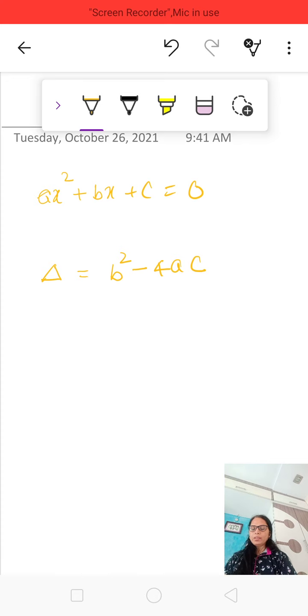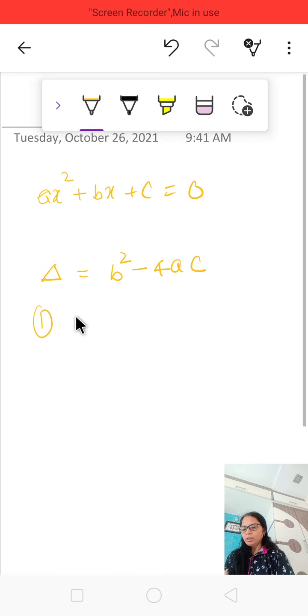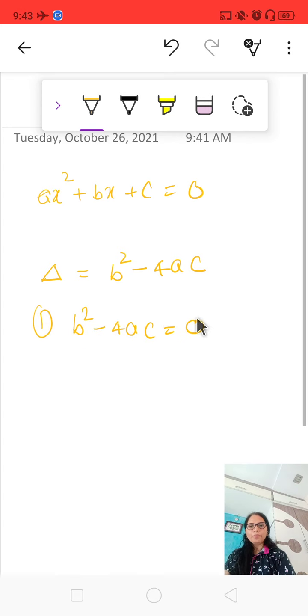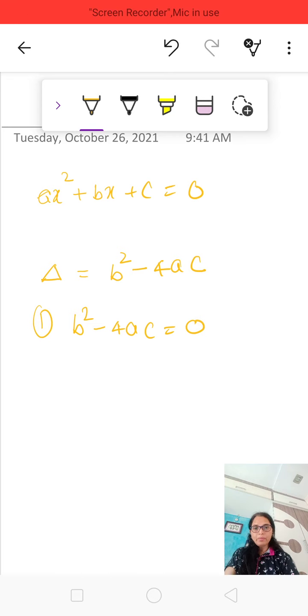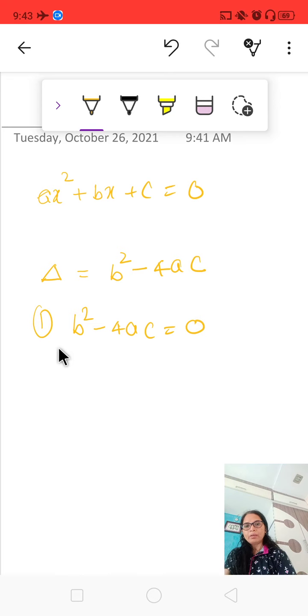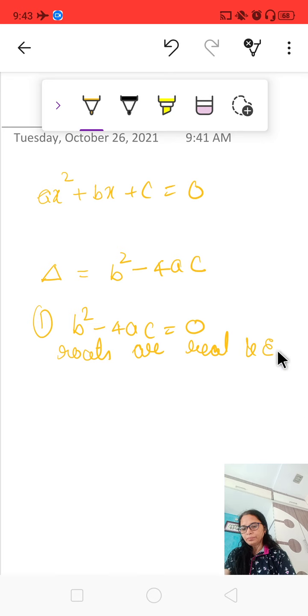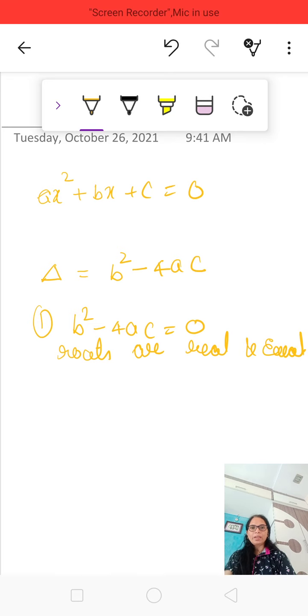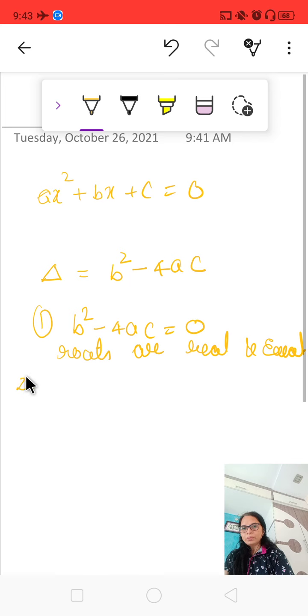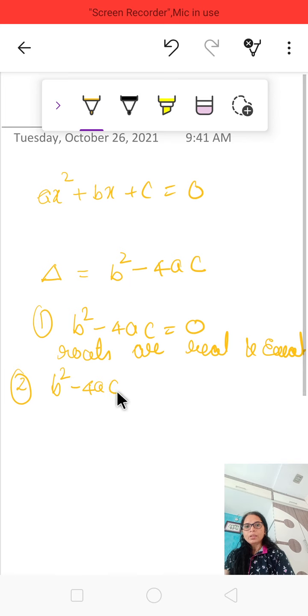While calculating the discriminant, we get three conditions. First condition: b square minus 4ac is equal to 0. If it is equal to 0, we say that roots are real and equal. And if b square minus 4ac is greater than 0, greater than 0 means positive terms,